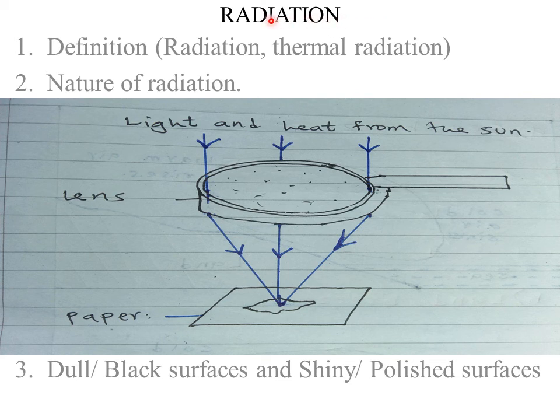So today we are looking at radiation. Remember, we looked at the three modes of heat transfer. We did say that we have conduction, we have convection, and lastly we have what we are calling radiation. So today we are going to discuss radiation as a mode of heat transfer. To understand radiation, we need first to start by definitions. We need to know what we mean by this term radiation.